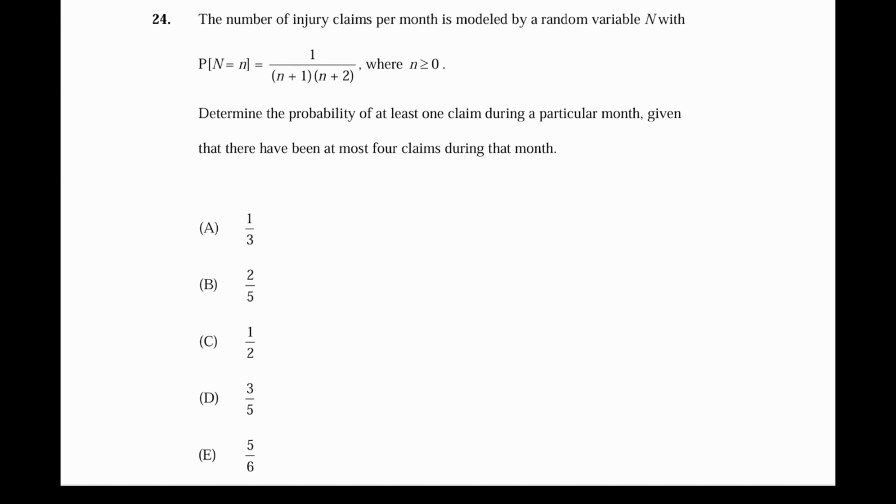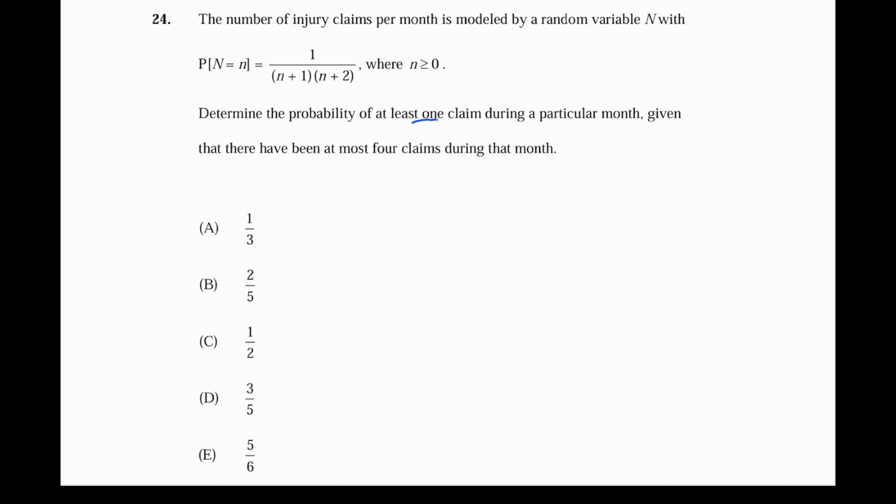Let's go over number 24 of the SOA release questions for exam P. So, as always, let's start by reading out the question. The number of injury claims per month is modeled by a random variable N with probability P(N = n) equals 1 divided by (n + 1) times (n + 2), where n is greater than or equal to 0. Determine the probability of at least one claim during a particular month,